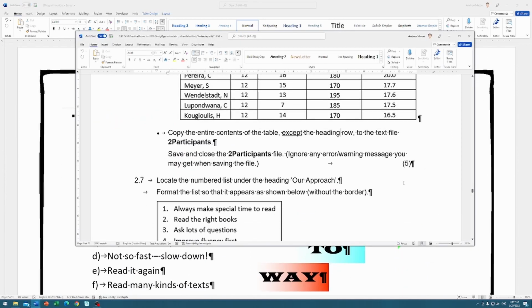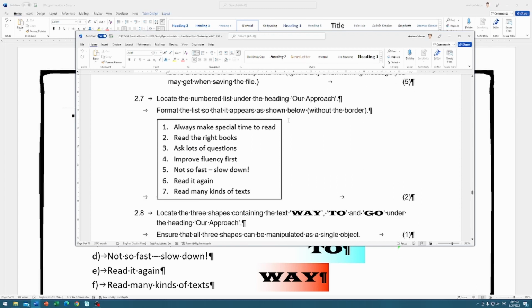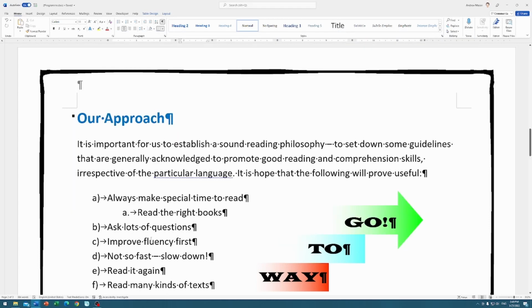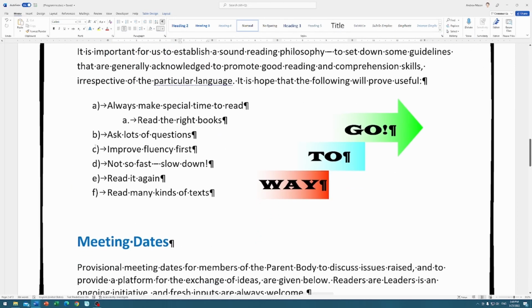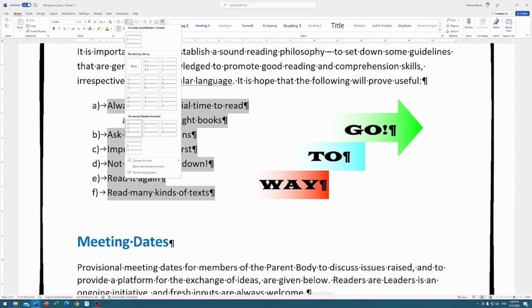Rightio. Question 2.7. They asked me to locate the numbered list under the heading Our Approach and format the list so that it appears as follows. Numbers 1 through to 7 with just a dot after, no bracket. Currently it's going A, B, C, D, E, F. Okay, cool. Select this, go to your Home tab, move across in your ribbon here to Numbering,